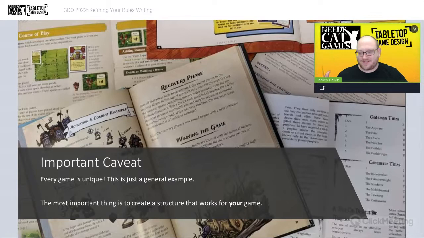You can't say there is one pattern for every rulebook for every game. This is just kind of a generally accepted standard default way of doing things for most games. What matters most of all is to create a structure that works for your game. Especially in the last couple of years, there's been loads of really interesting experimentation with rulebook design and rulebook